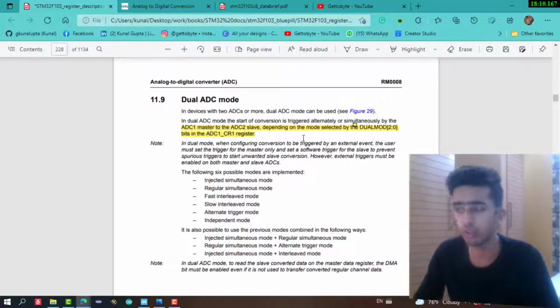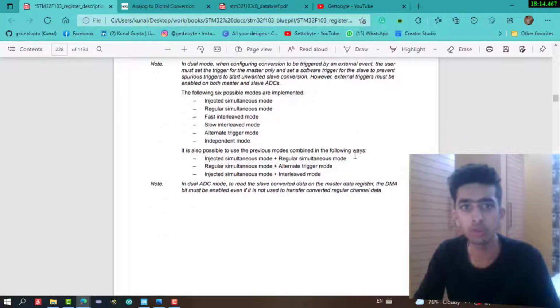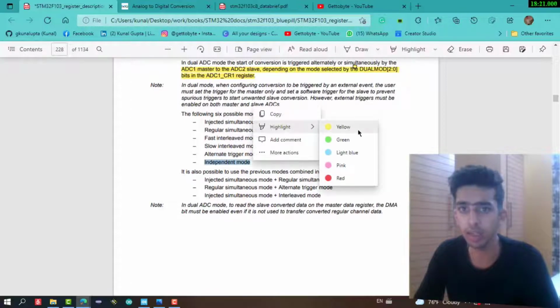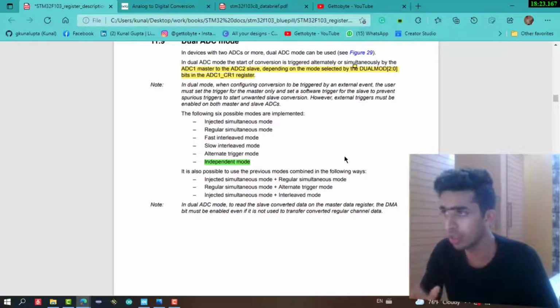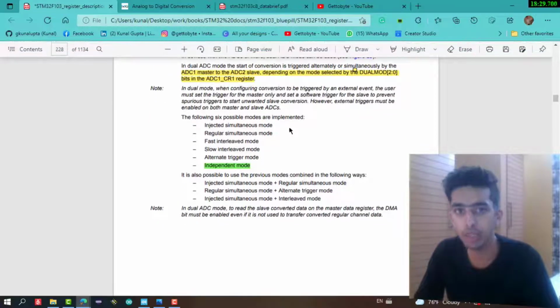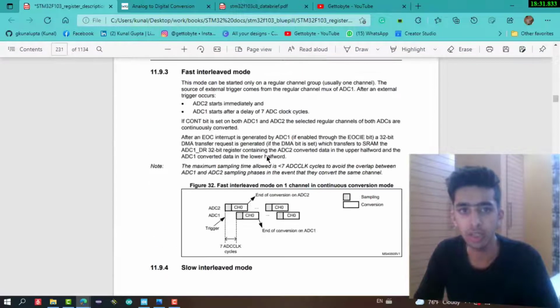This is not of concern right now. We will be using the ADC in independent mode only, in which ADC1 and ADC2 are not dependent on each other and both work separately. We will get to it in more detail when we use the dual ADC mode and the other ADC conversion features.